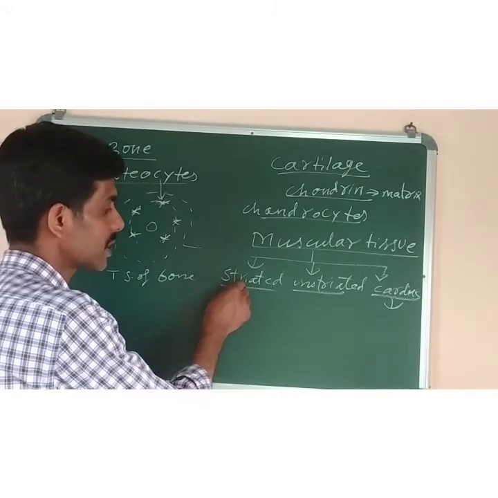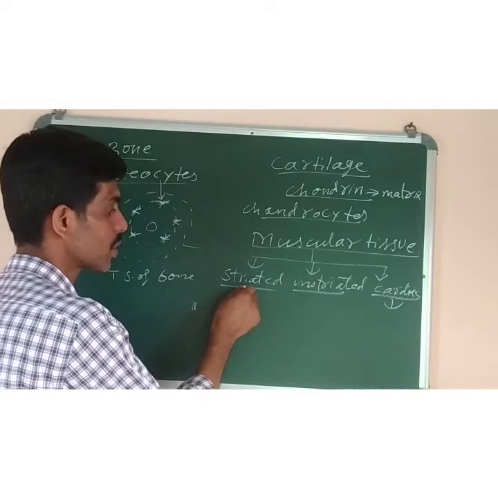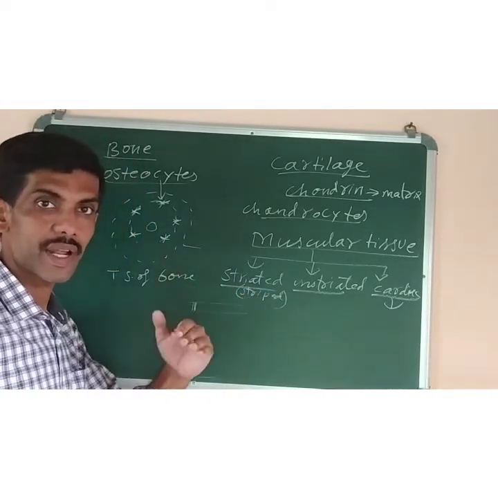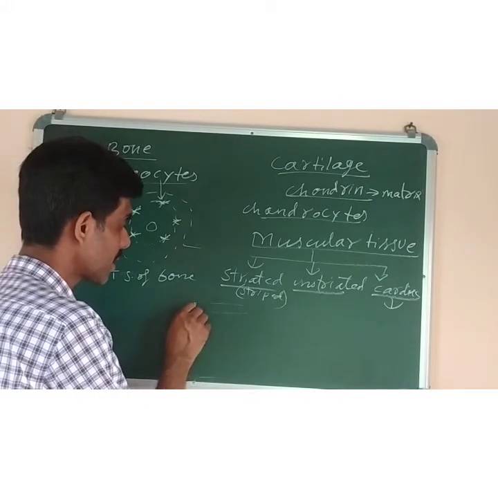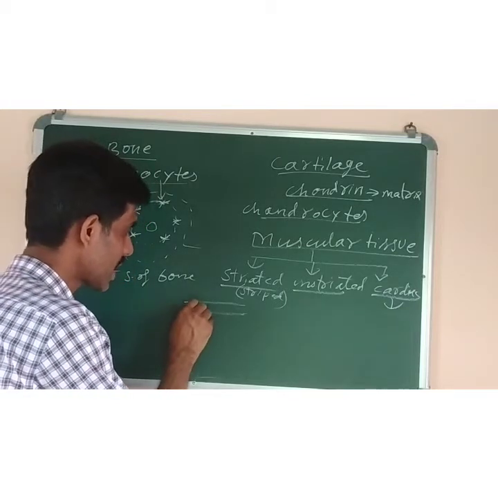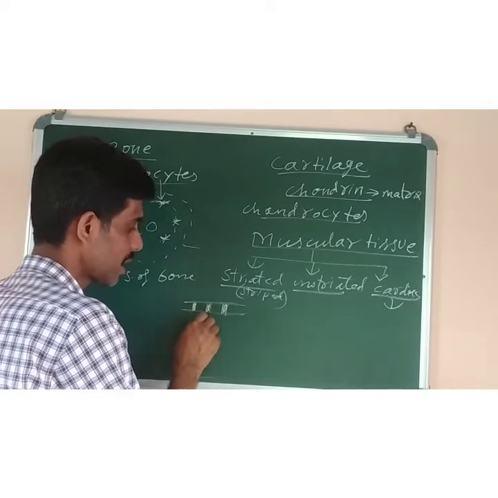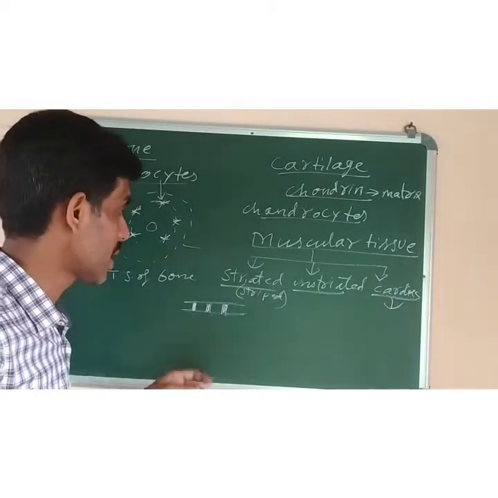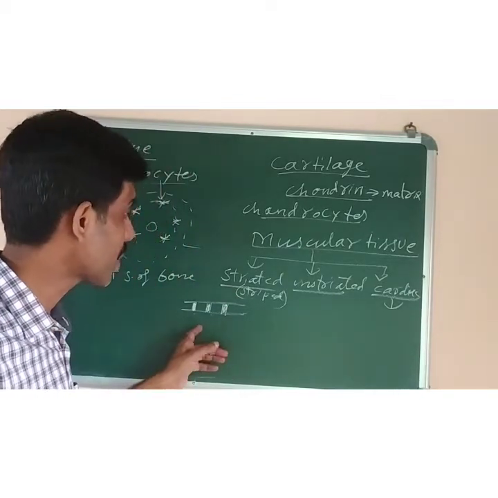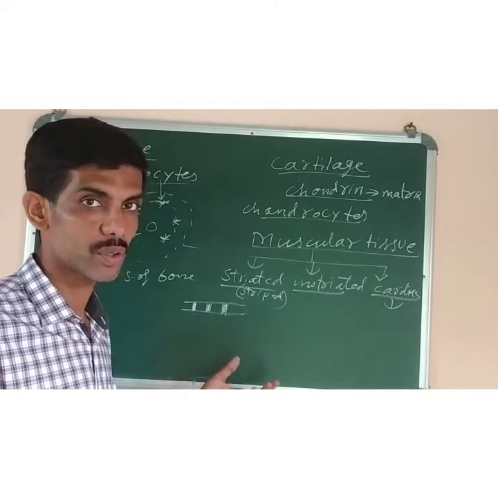Striated muscles means the muscle fibers or muscle cells have alternate light and dark bands, also called striped. Striped means like a zebra, you have seen, no? Light and dark bands are there on its body. Similarly, muscles are made up of muscle cells which are called muscle fibers. So there is a dark band, a light band, again a dark band, a light band. Since alternate light and dark bands are present, they are known as striped or striated muscles. And these muscles are under our control. They are also known as voluntary muscles.